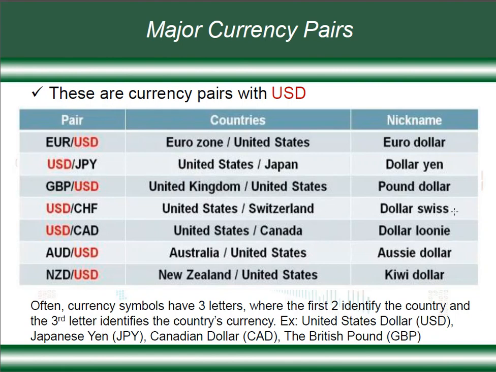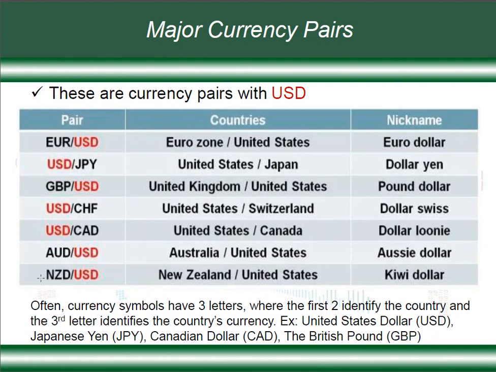So we say dollar Swiss. Then this is the dollar as used in America versus Canadian dollars used in Canada. So we say dollar loonie. Although you can say USD CAD. Then this is Australian dollar versus United States dollar. That is, Australian dollar is also known as Aussie, depending on how you pronounce it. Here people popularly say it's the Aussie. The dollar is the one in red here, the American dollar.